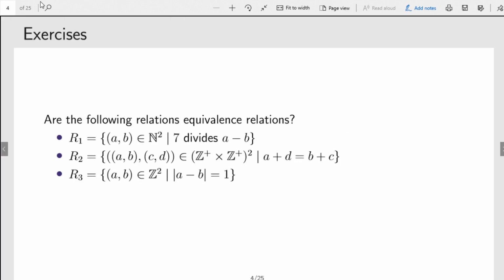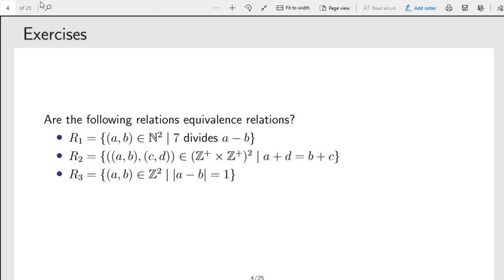You are given these three relations, determine whether they are equivalence relations or not. For R1, it's a set of pairs of natural numbers a comma b such that a comma b is in R1 if and only if 7 divides a minus b. And then for R2,